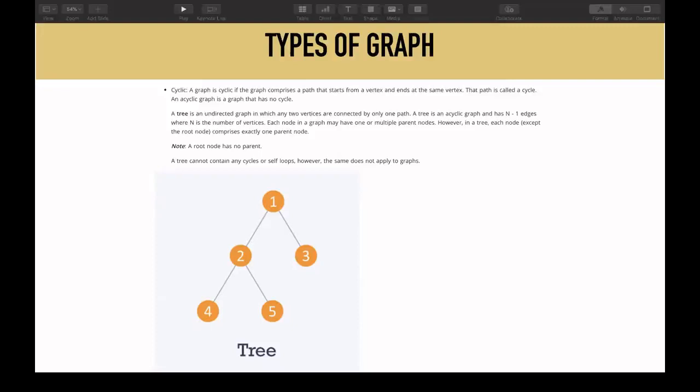You can also try proving it. Maybe you can use mathematical induction. It's obviously true for one node, then you can assume that it is true for some k nodes, and then start proving for k plus 1 nodes. I think mathematical induction would work.